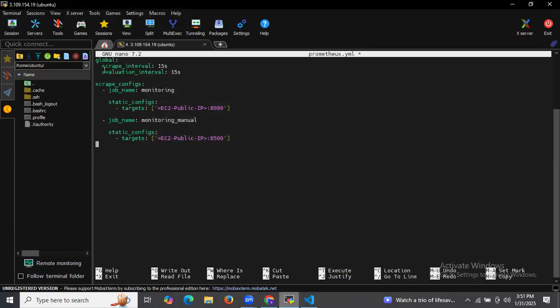So as you can see, global script interval evaluation. Okay, and there are two jobs, two targets here. First is this job monitoring, and the second one is monitoring manual. Okay, so let's enter the